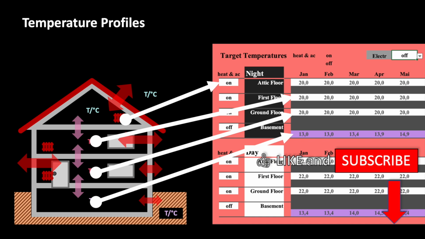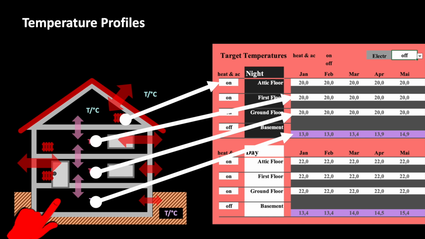And off we go with the temperature and heating control. Again, we use our example house with 4 floors: basement, ground floor, first floor and attic. I will show you later how other houses can be modeled, because there are other types of houses for which you might want to make insulation benefit predictions.